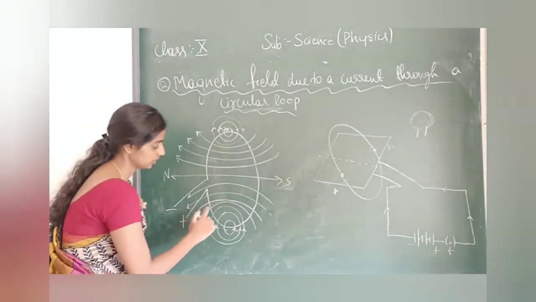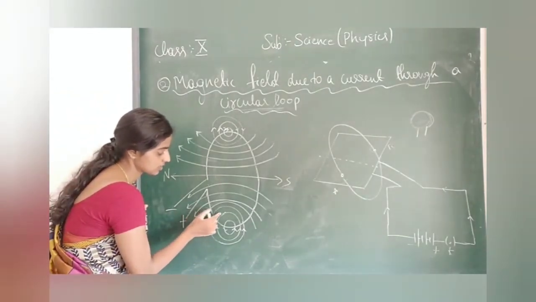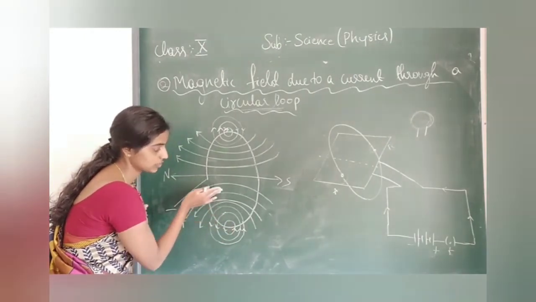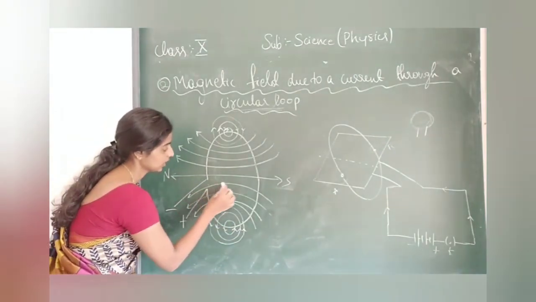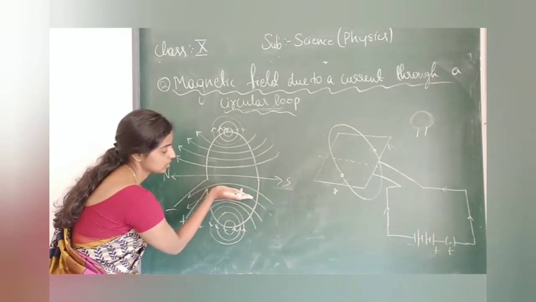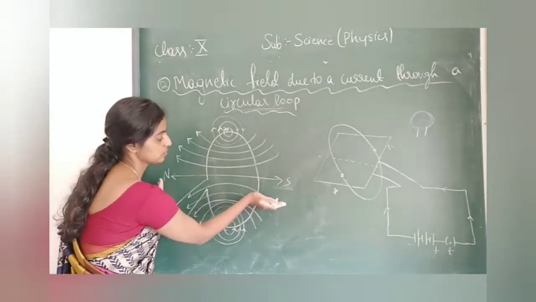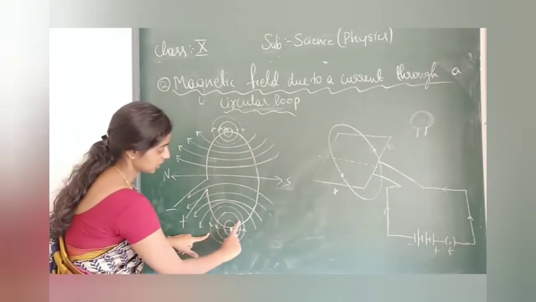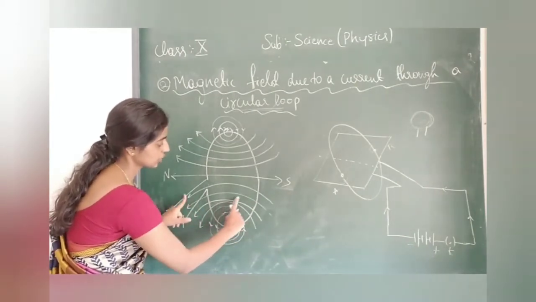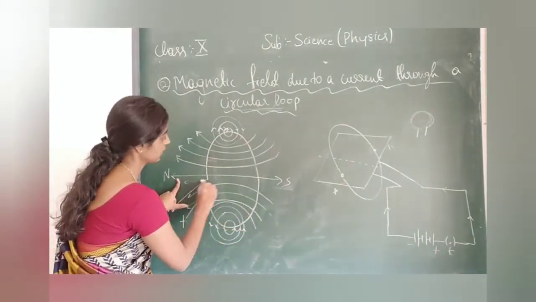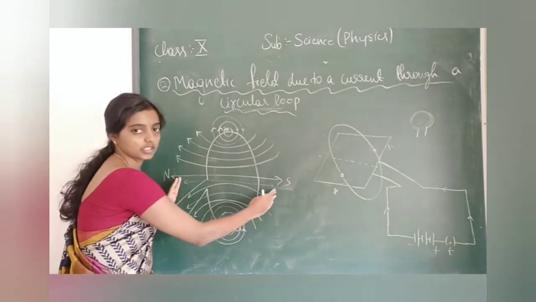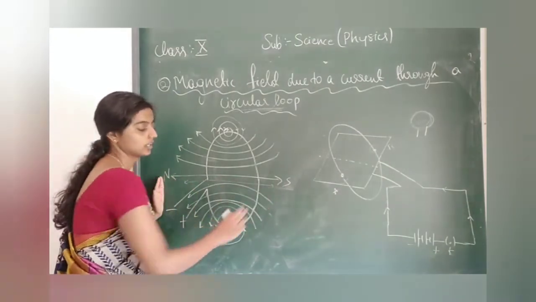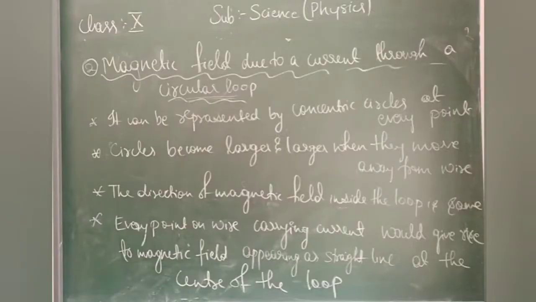And see, observe here, as the circles are getting larger, they are making the arc somehow in a straight manner. When it keeps on going, these circle-shaped arcs enlarge themselves, and they will become somewhere like a straight line, and that is what I am showing here as north and south. Hence, from this activity or this experiment, we learned that in a circular loop,